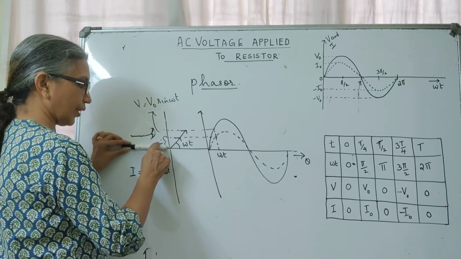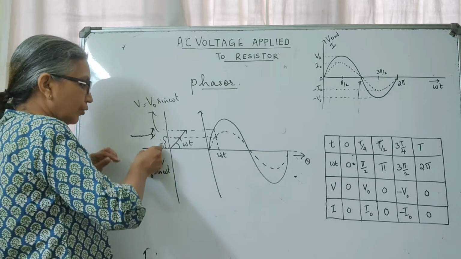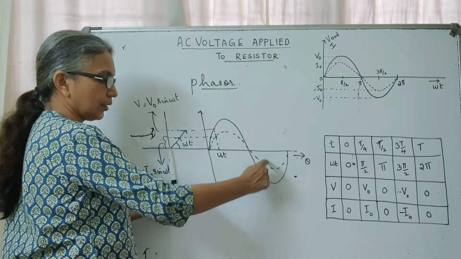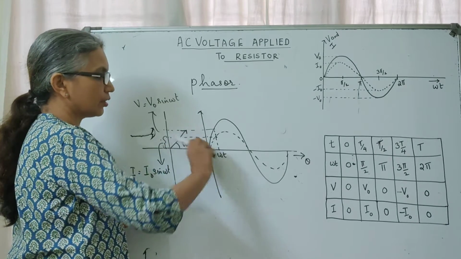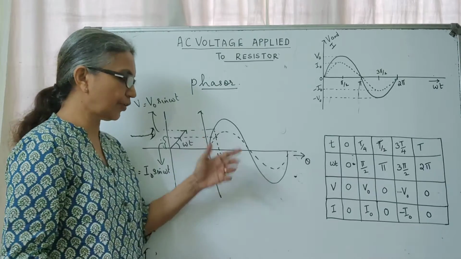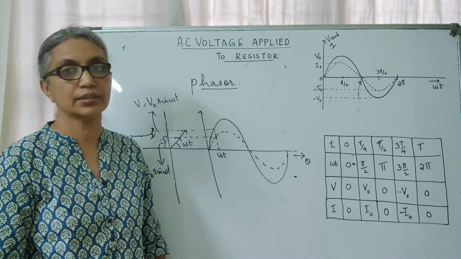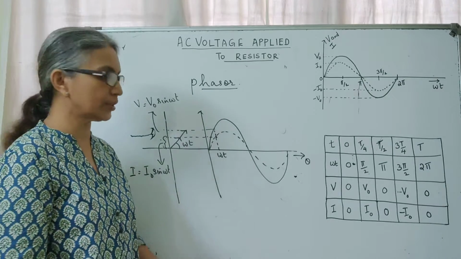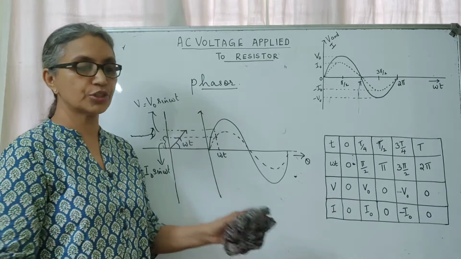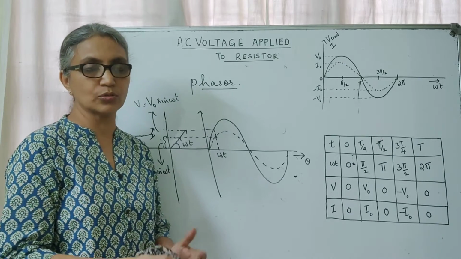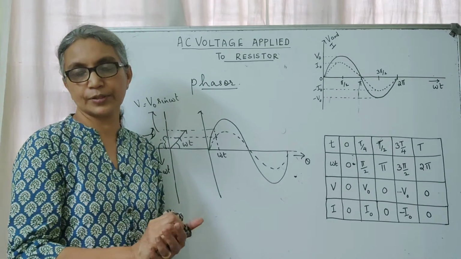Here, having covered an angle 180, the projection of this phasor onto this axis is 0. Then after rotating through another 270, that is here, they both take their peak values. So the peak values are here and back here is 2 pi. So this same variation, graphical representation, can also be represented. The variation of voltage and current in any AC circuit can be represented using a phasor diagram. Phasors are simply rotating vectors which are actually representing scalar quantities which vary with time, and they are capable of rotating about the origin with an angular speed of omega.